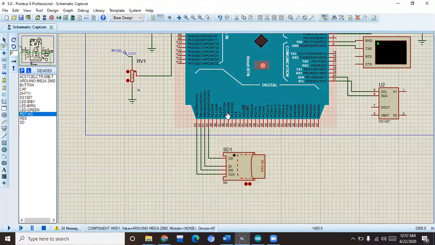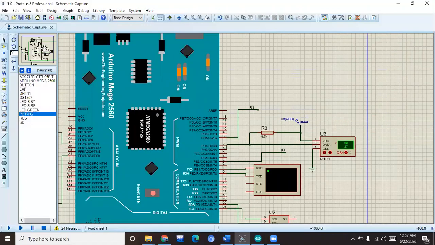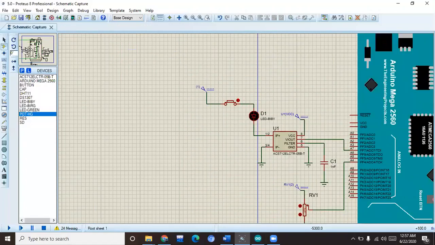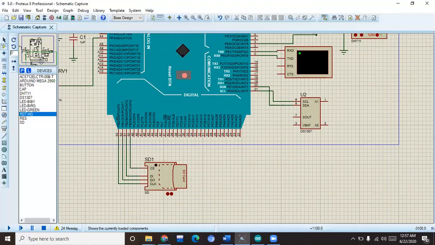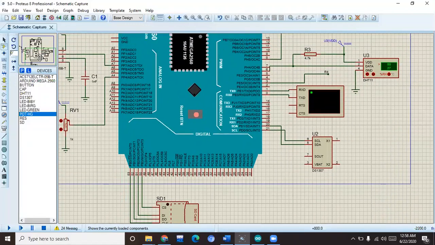Its purpose is that the real-time clock and the data from the DHT11 sensor combine with each other, and that data comes to the SD card. The SD card stores it within itself, and this data can run over long periods of time, and whenever we need it, we can just remove the SD card and connect it to the device we want. Hence, the data will be stored for a very long time.